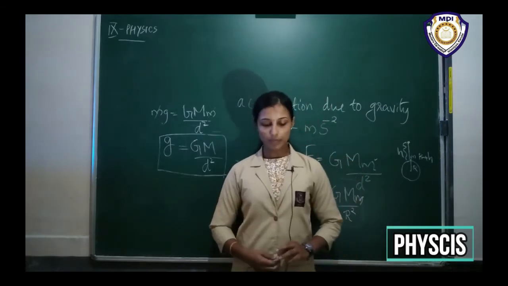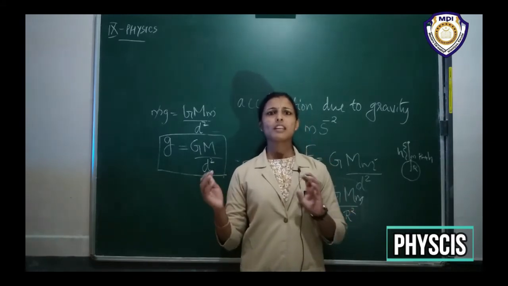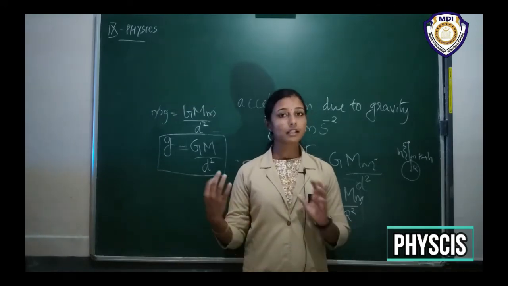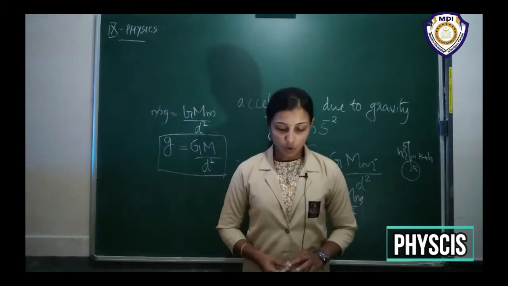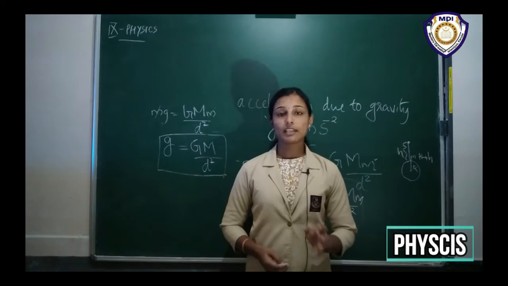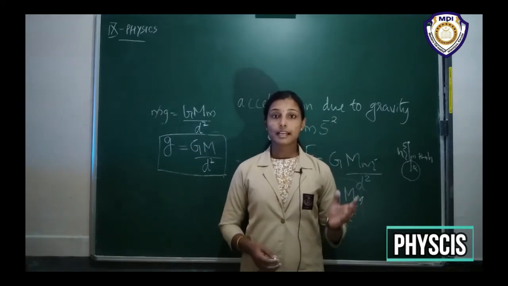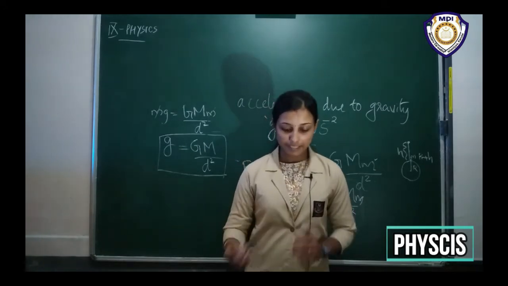The earth is not a perfect sphere, right? It is somewhat an elliptical shape. We know that earth is somewhat sphere, but it is not an actual sphere, right? So as the radius of the earth increases from the poles to the equator, so it is not a perfect sphere, so that the radius has some change. The radius is increasing from